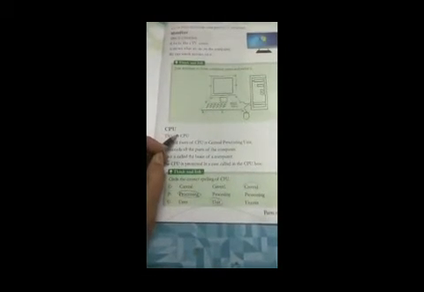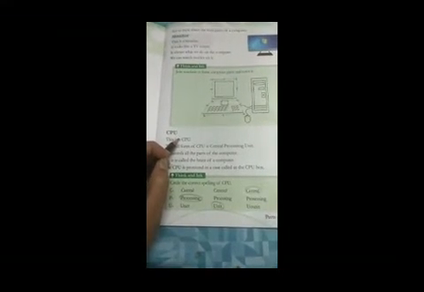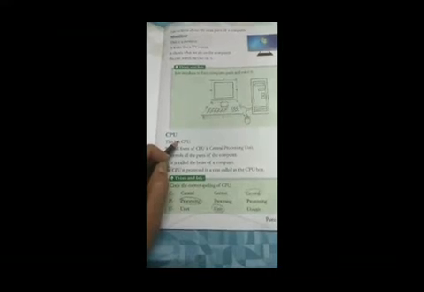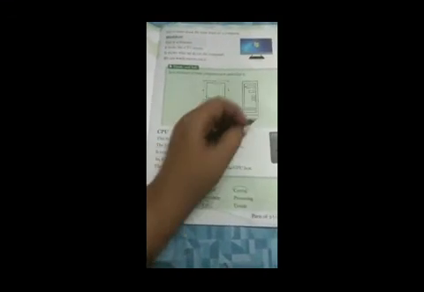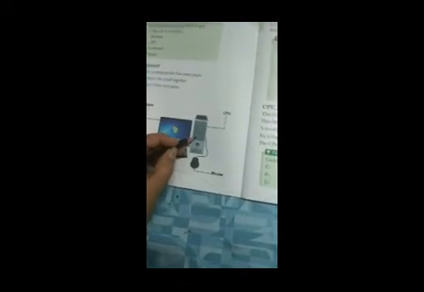Now comes the turn of the second part, that is CPU, the very, very important part of the computer. As God has blessed us with a brain to help us think, it allows us to do so many works. So in the same way, my dear students, in a computer, CPU plays a very important role. It is the main essential part. This is a CPU. You could see over here.